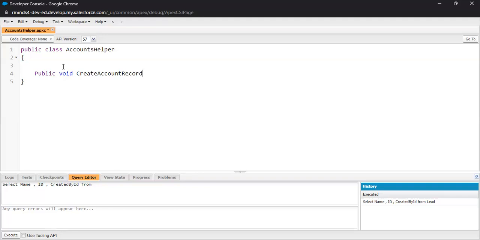So this is a procedure name. You can give it any name if you want. Open the braces, and now what we are going to do is create an account record. Account AC is equals to new